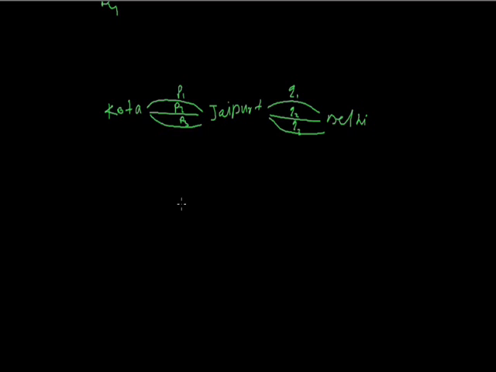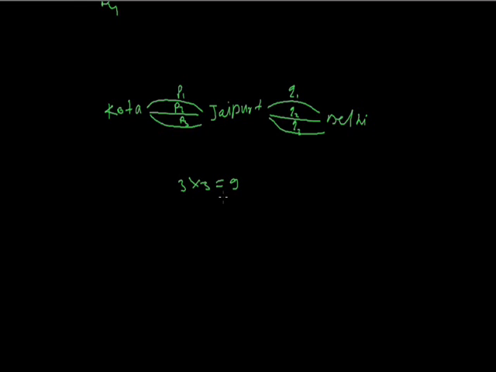First of all we can choose P1, and after that we can choose Q1 or Q2 or Q3. Similarly, first we can choose P2, and then we can choose Q1 or Q2 or Q3. So there are 3 into 3, which is equal to 9. So there are a total of 9 ways.